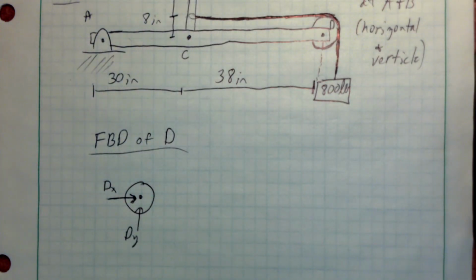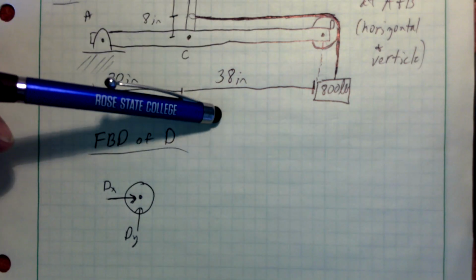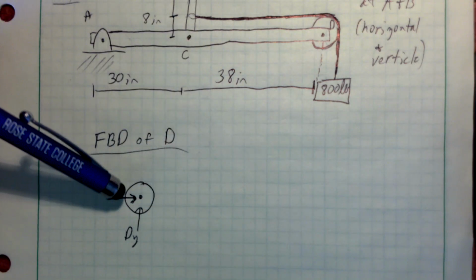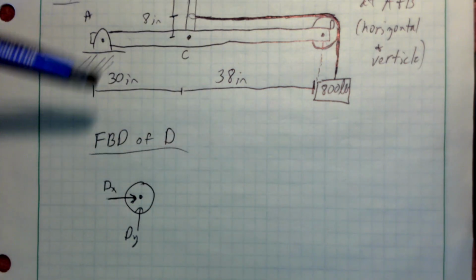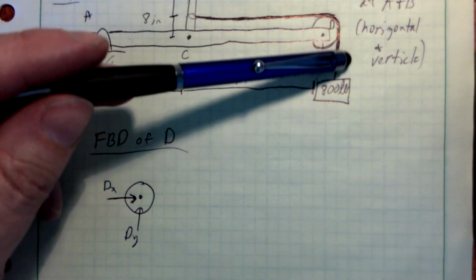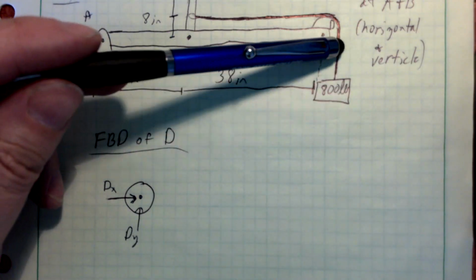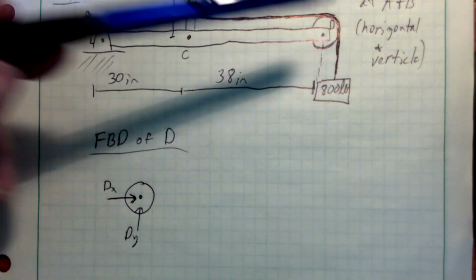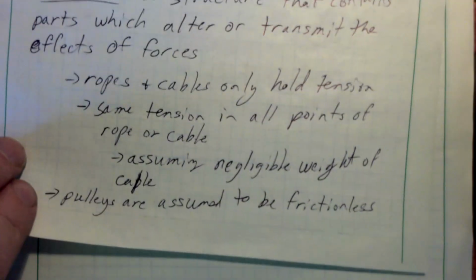You don't have to follow that, but that is my method. One less thing I have to keep track of is what sign I am using there. I like to draw those pin reactions positive the first time I draw them. What else is attached here at D? Well, I've got an 800-pound load coming down on this cable here, and remember we said that it's the same,